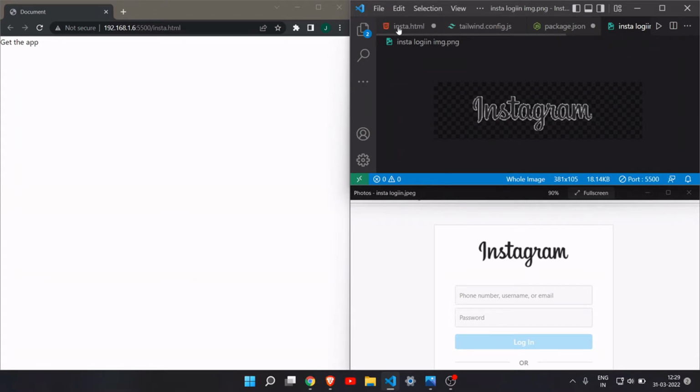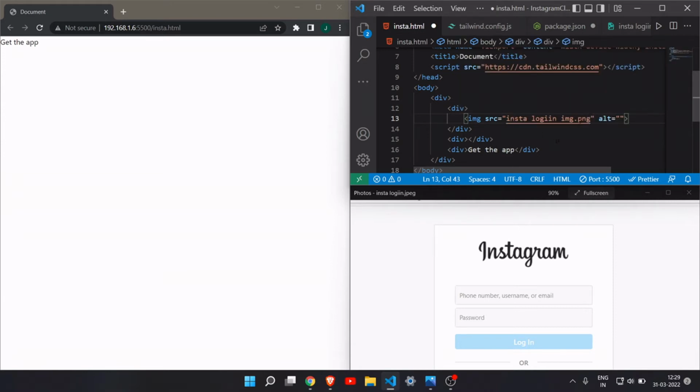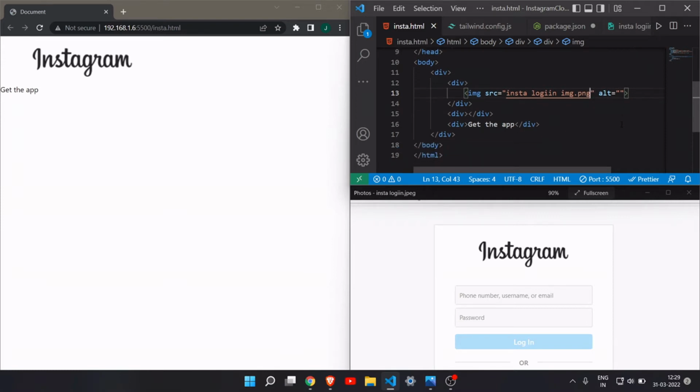Okay, the Instagram logo image. So let's paste it here. Okay, this one, and let's see. So as you can see in the left, we have got the Instagram logo, and